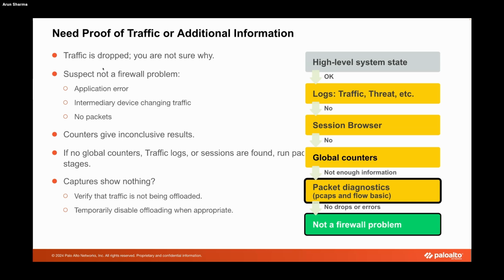We are just seeing one-way packets. Counters are not helpful enough. We are getting inconclusive results. If checking global counter, traffic log, session, everything is normal, then just go and look for things like offload traffic, where the traffic is not offloaded correctly. Okay, and if you think offloading could cause the problem, we can disable it temporarily so that we